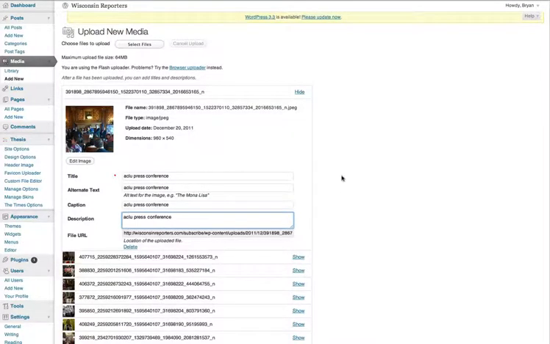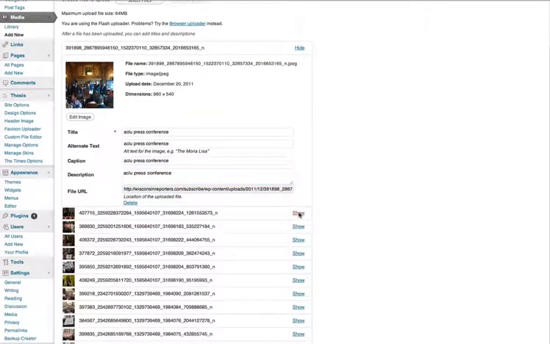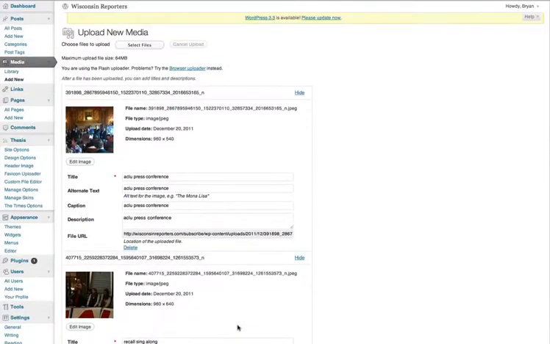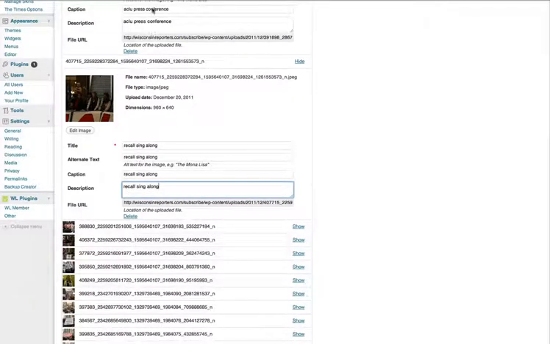So to go about doing that, I like to go through and make sure that we name it, and then you copy that and you put it in each one on down the line. So it helps if you can kind of keep track of what the images are as you're uploading them. And then you just save all changes. And then these will be in the media